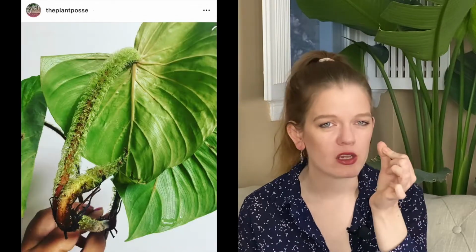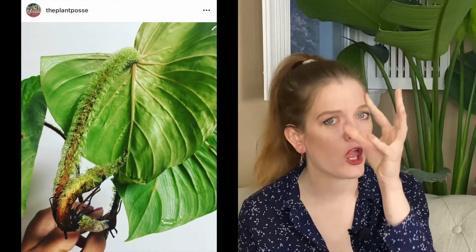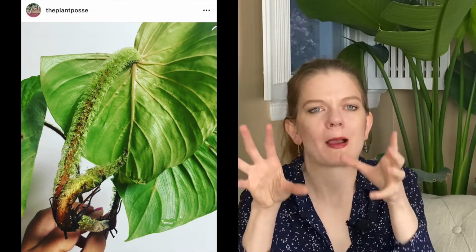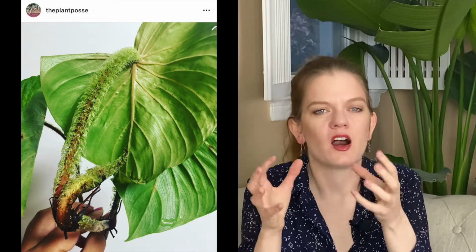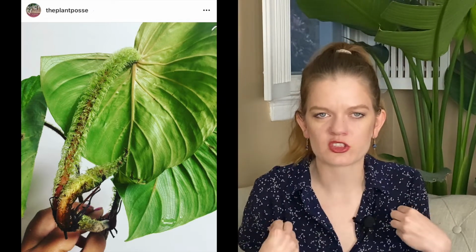The petioles are hairy. The Philodendron verrucosum's petioles are also hairy, but they're much more sparsely hairy. These ones are like gorillas in the mist. These ones are almost like a Muppet arm is on these petioles. So if you can get past the creepy factor, these plants are just amazing for leaf petters such as myself,